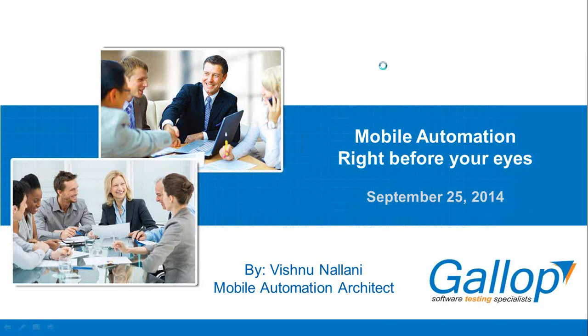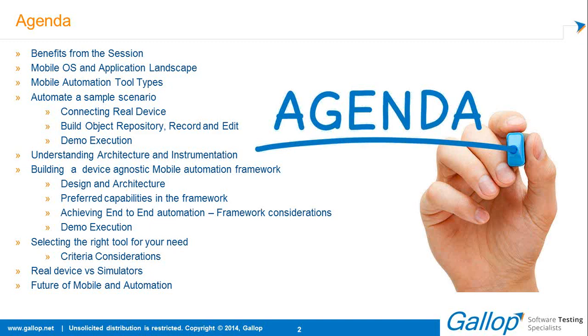The key here is that we have considered the most important points and questions that you might have around mobile automation while you are evaluating it. We'll discuss the benefits that you'll gain from this session. We'll talk at a high level about the mobile operating systems that are out there and the application landscape. Then we'll jump into the mobile test automation tool types that you have out there in the market. Then we'll look at how object recognition works with some of the tools. And then we'll try to understand a bit about the application architecture for some of the popular